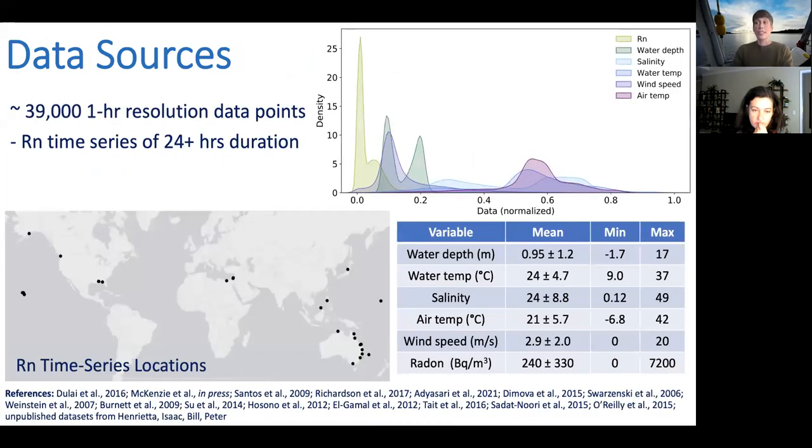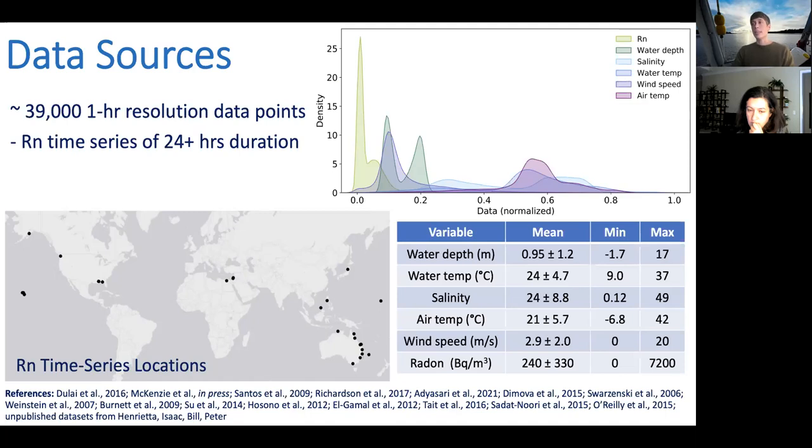So the data used in this study come from radon time series data sets from around the globe. These are shown on the map, the locations. This includes about 39,000 data points in all. All time series used in the study were at a 1 hour time resolution, and they were of at least 24 hours in duration. Our variables of interest include water depth, water temperature, salinity, air temperature, wind speed, and then